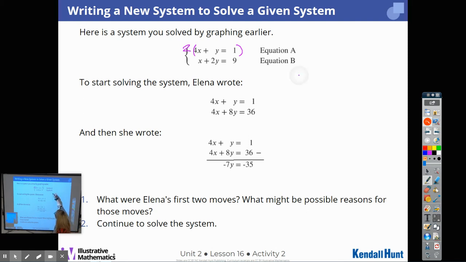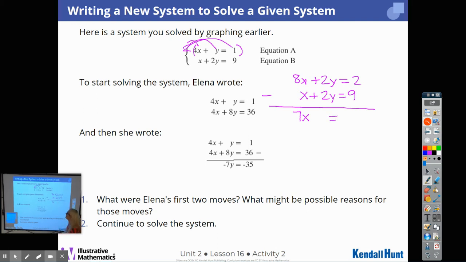We would have 2 times 4x would give us 8x. 2 times y is 2y. And 2 times 1 equals 2. And we have the same second equation, x plus 2y equals 9. So from there, I would still subtract because I have 2y and a positive 2y. So to cancel them out, I would do subtraction. So 8x minus 1x is 7x. 2 minus 2 cancel out. And 2 minus 9